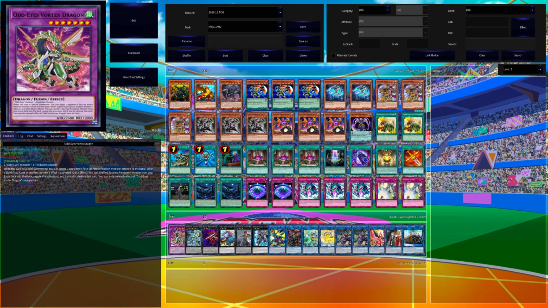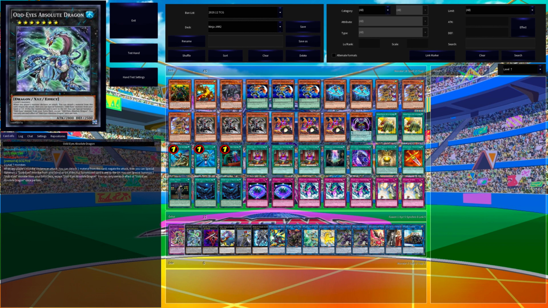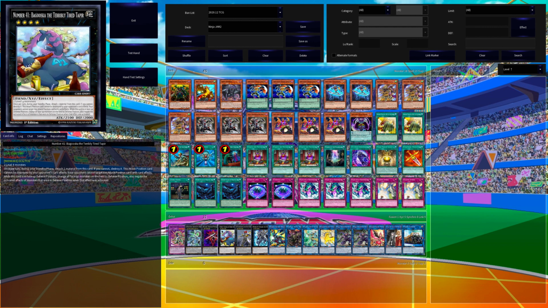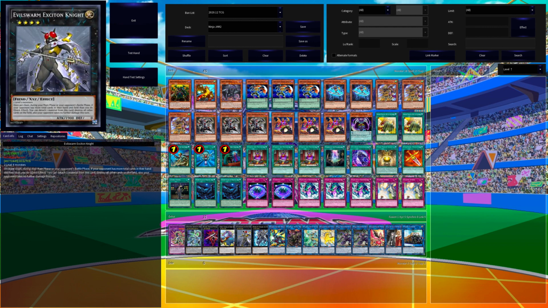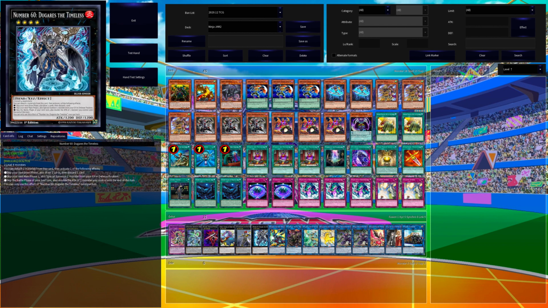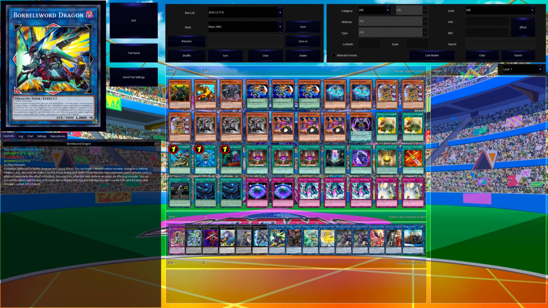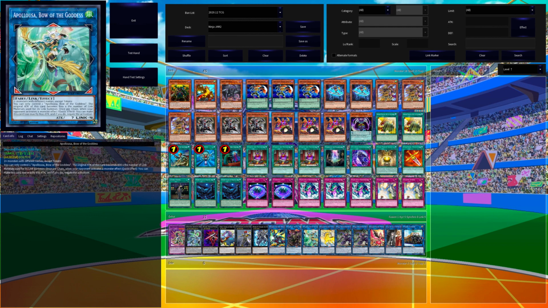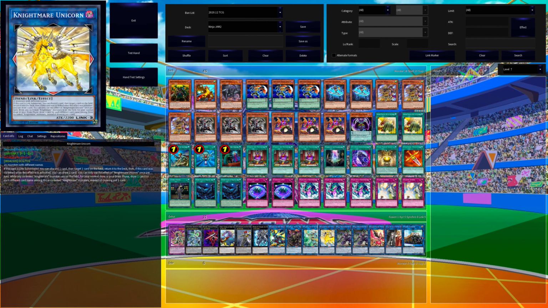For the extra deck, I have Odd-Eyes Vortex Dragon, Odd-Eyes Absolute Dragon, Blade Armor Ninja, Number 41 Bagooska the Terribly Tired Tapir, Evil Swarm Exton Knight, Number 60 Dugares the Timeless. Then we have Borreload Sword Dragon, Just Skull Dragon, Apollousa, Bow of the Goddess,